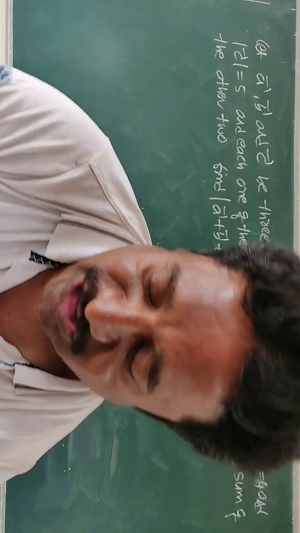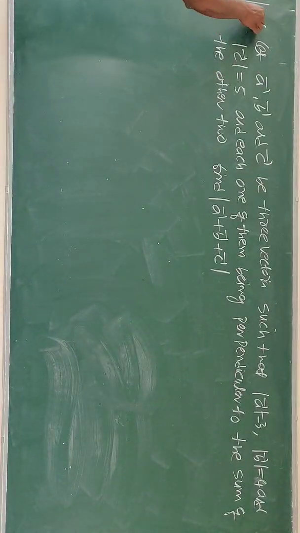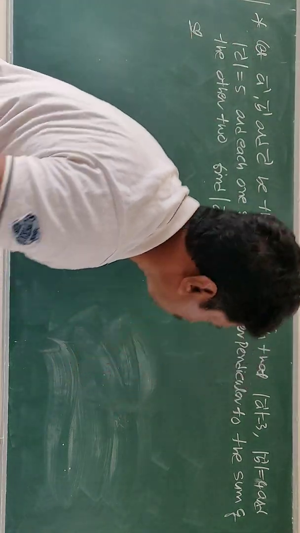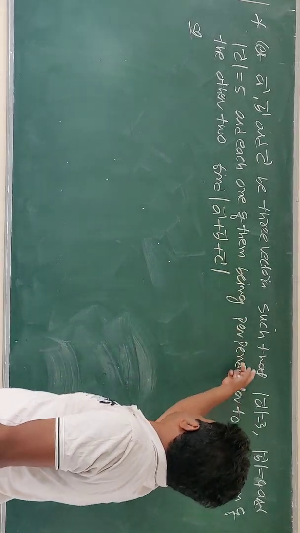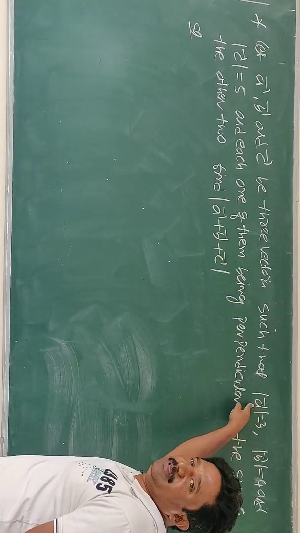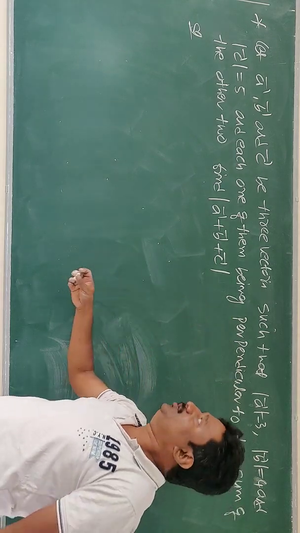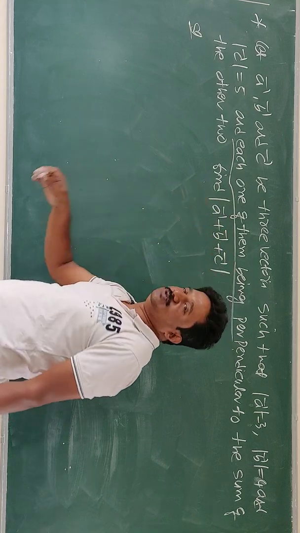It is a very logical question, students. Put a star for this. This is a star problem. Though it is a very easy question, you put a star for this. Look at this question. Try to understand the question first. A, B, C are three vectors such that the lengths of A, B and C are given. You try to catch this point. You observe this point, students.